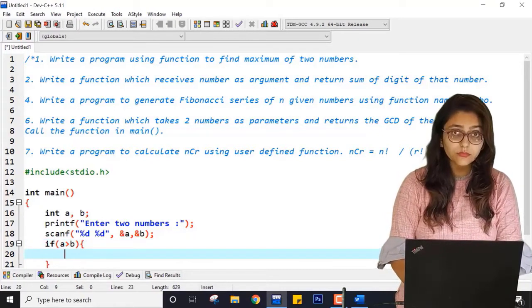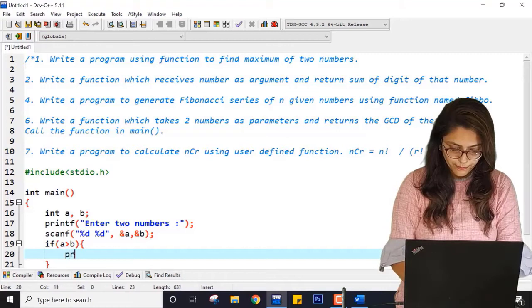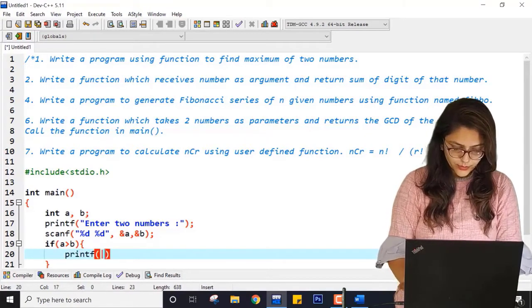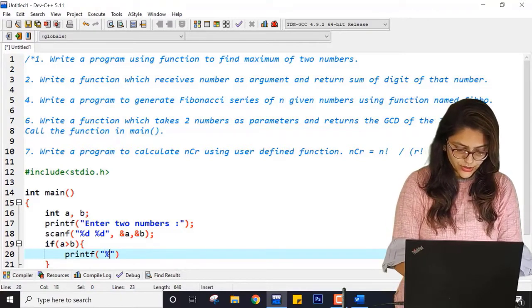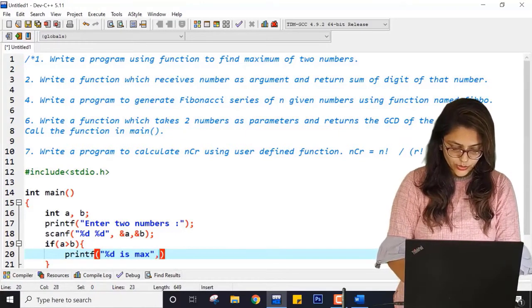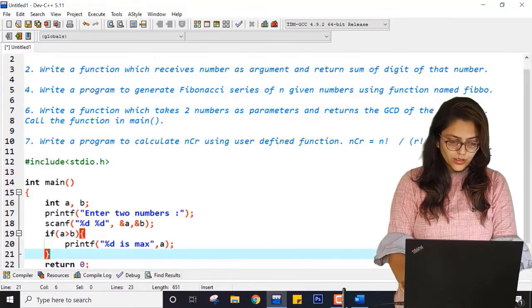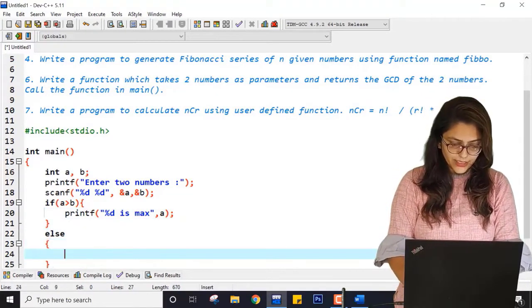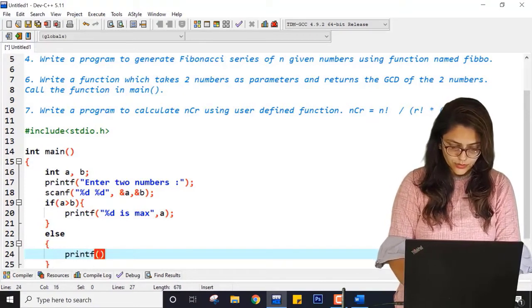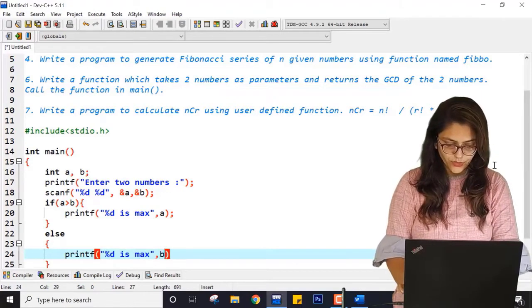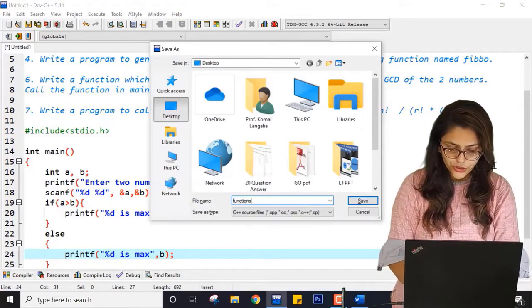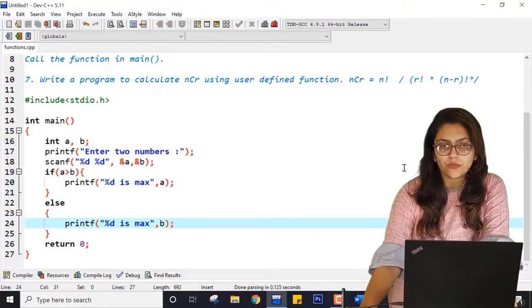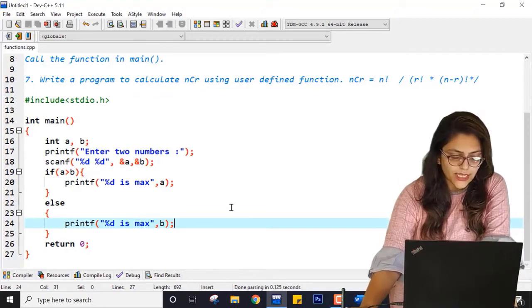Then what can I write? printf %d is max, so here it will be a. Otherwise in else I am writing printf %d is max, that is b, right? I am not considering the case of equal to over here. I hope you guys are understanding that.